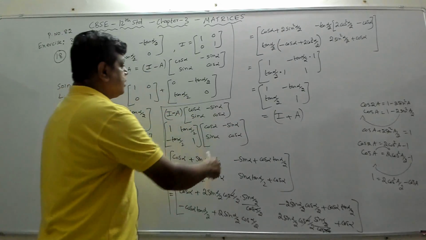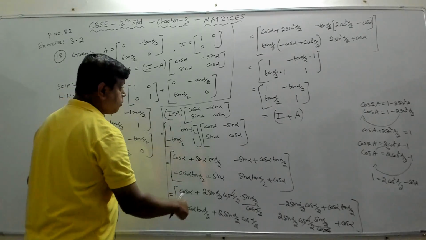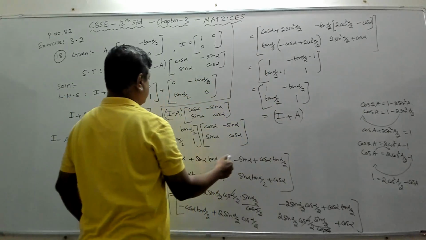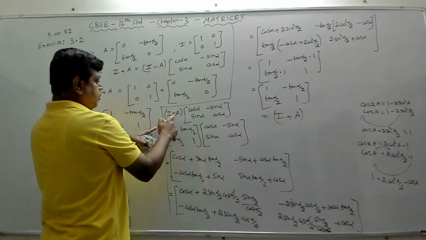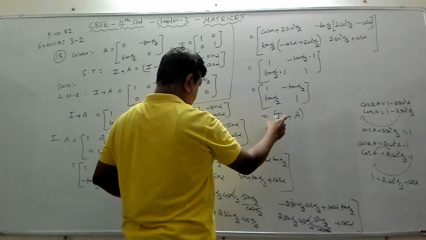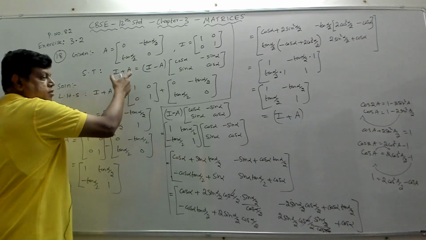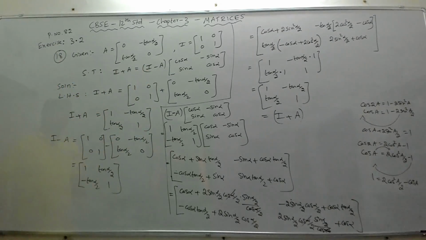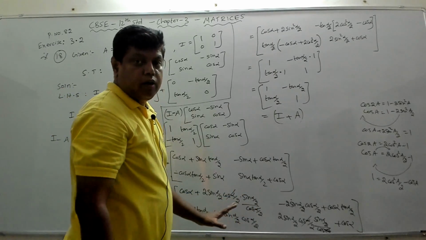So in the LHS, the left hand side, what we have is this, equal to then this. So we have proved I minus a times cos alpha minus sin alpha cos alpha is equal to I plus a, which is this. So we have proved this equal to this, right? It's an important question. Please, all of you, make a note of this. You have to do the normal thing. Only thing is here you have to be a little careful in applying the trigonometric formulas.